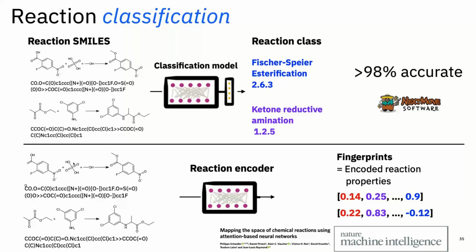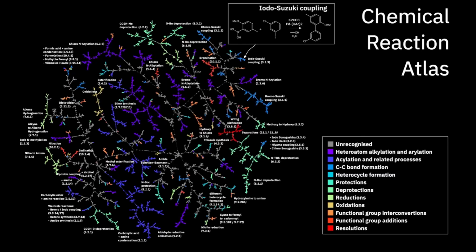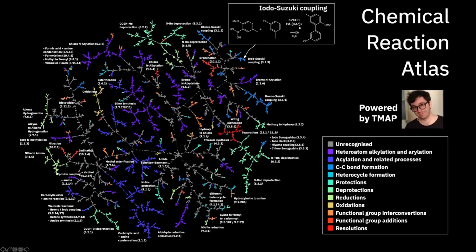And using those fingerprints, we could generate almost perfectly clustered chemical reaction space maps. This chemical reaction atlas is also based on the work by Daniel Probst, who wrote the TMAP algorithm to do this dimensionality reduction